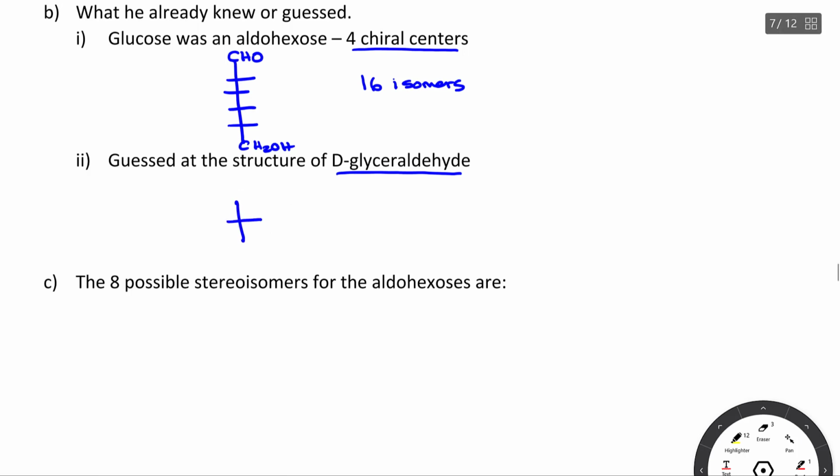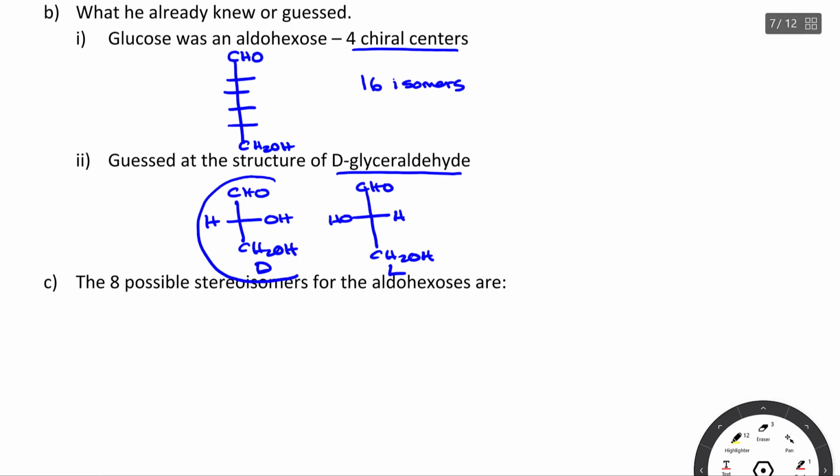out. It's just so small. I'm just going to go ahead and do it. Or it could be this. And this is D, sorry, and this is L. And he just assumed that glucose, the D-glucose he could get his hands on, was based on this as glyceraldehyde. So he knew the configuration of the bottom carbon, or the second to the last carbon in glucose,